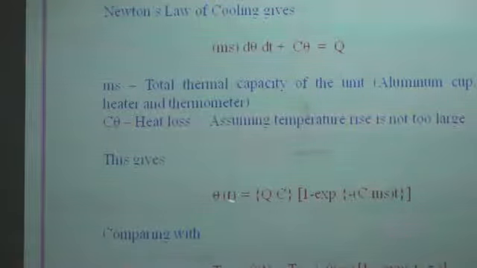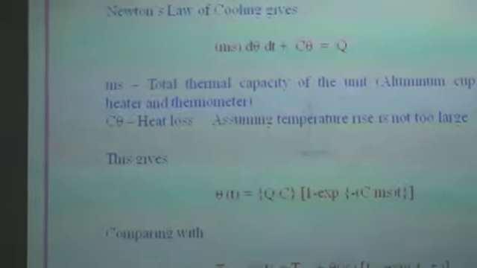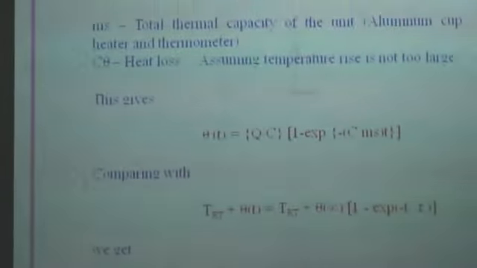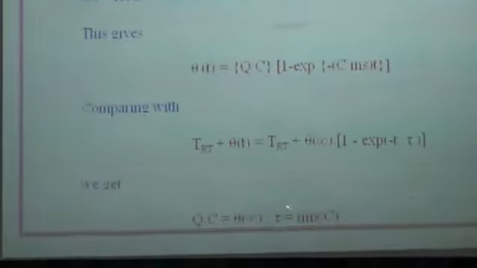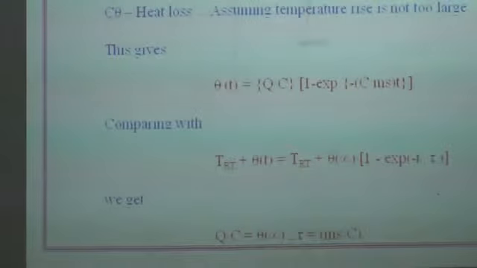Q here is not the charge. Q is basically the heat. C here is not the capacitance. C here is a constant. Okay, that was there on the next page, and this is the time constant. So if you compare the two, we can find out the value of tau to be equal to ms over c. Okay, so if we want to minimize the value of tau, thereby allowing our student to complete the experiment in lesser time,